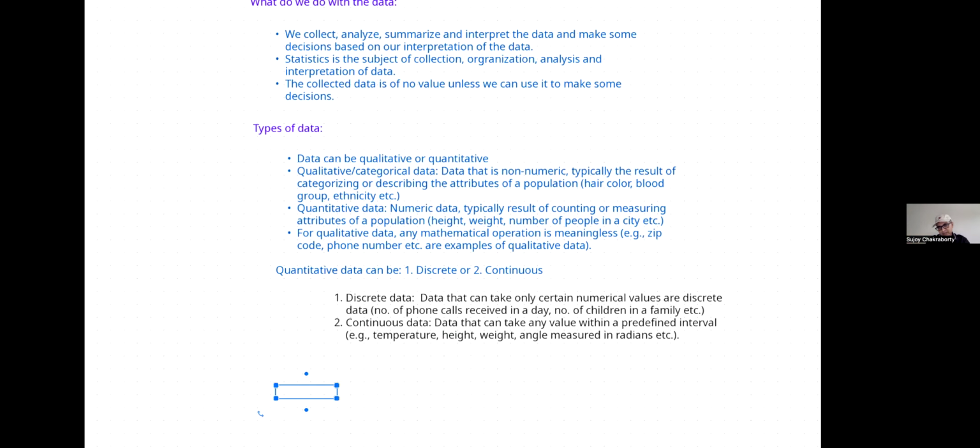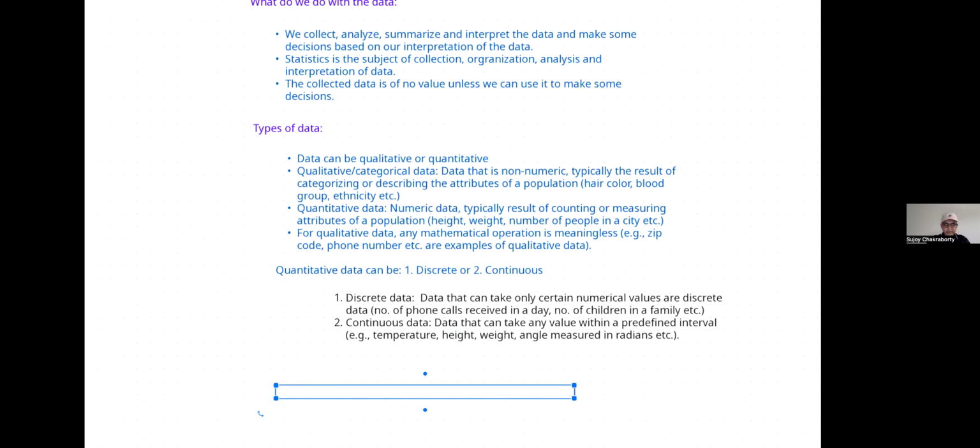We use the term variable to represent quantitative data. So in statistics, a variable is a quantitative character